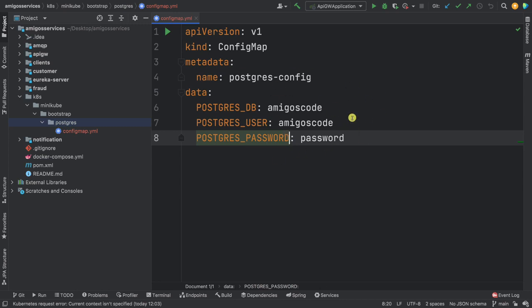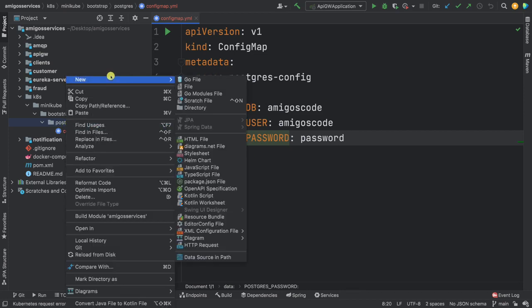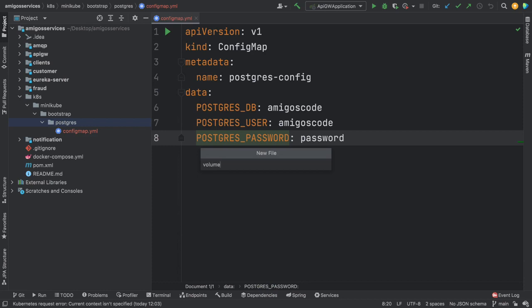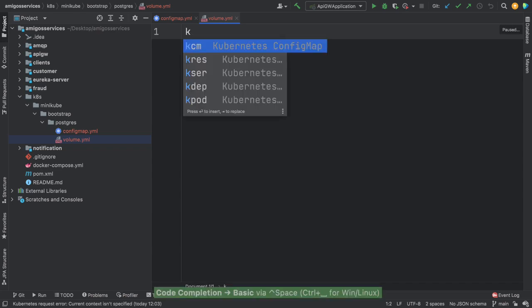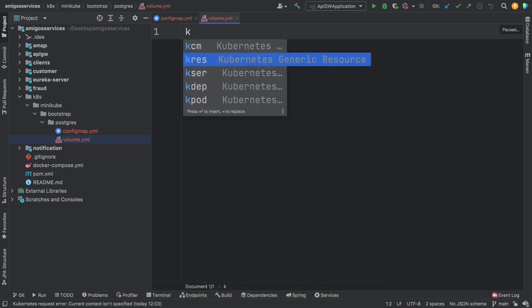So now that we have the configuration, next let's define the volume. So let's create a new file, and this file here will be called volume.yaml. And within this file, we're going to define how Postgres will store its data into our Minikube node. And for the volume, let's start with a persistent volume. So here, let me just say K. And I don't think they have a persistent volume in here. So let's just say